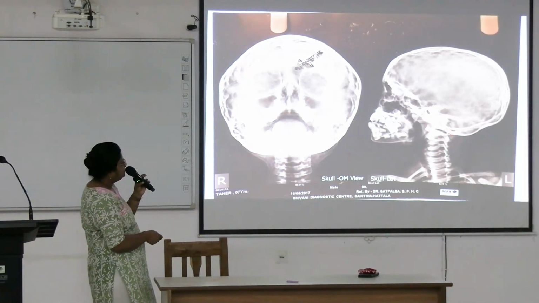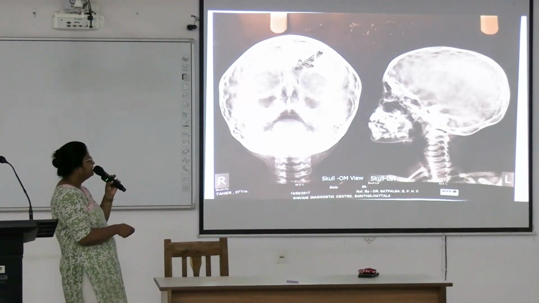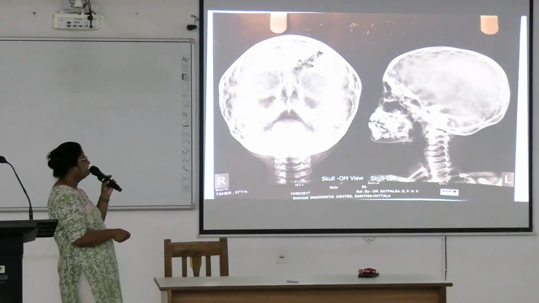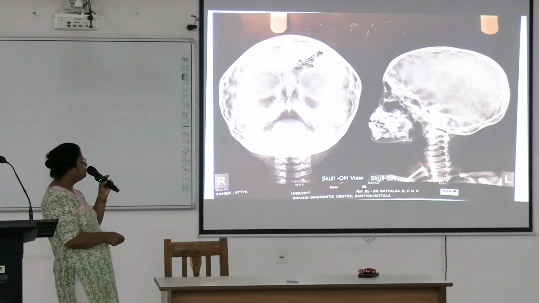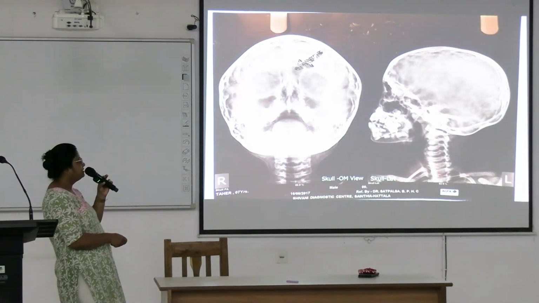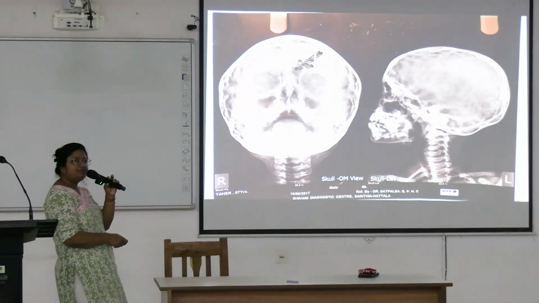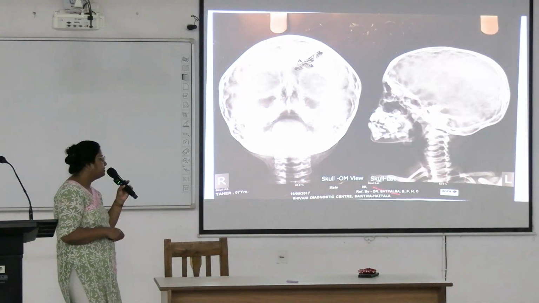Anterior and posterior arch of the atlas, odontoid process of the axis, body of the axis. These are the spinous processes. Then C3, 4, 5, 6, 7, the seventh cervical vertebra. Then the thoracic vertebrae start. The first rib is joined with the first thoracic vertebra. So these are visible in this view.